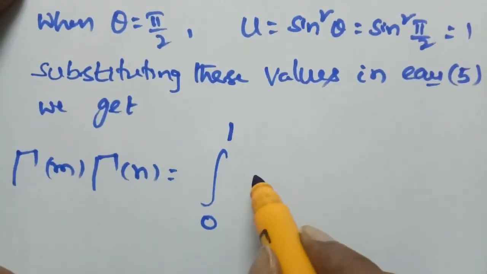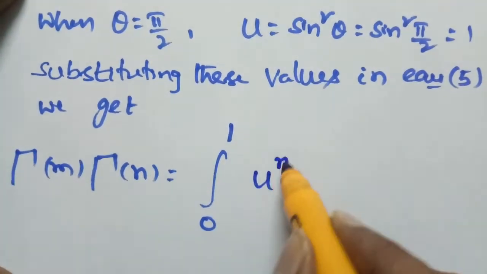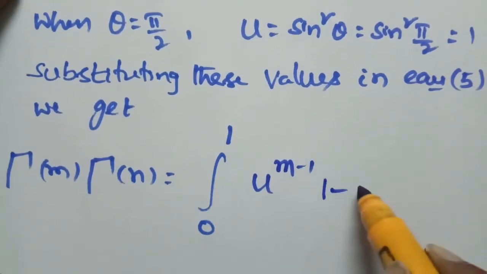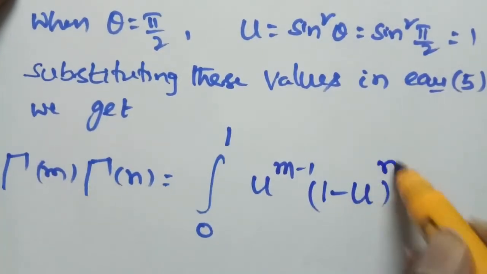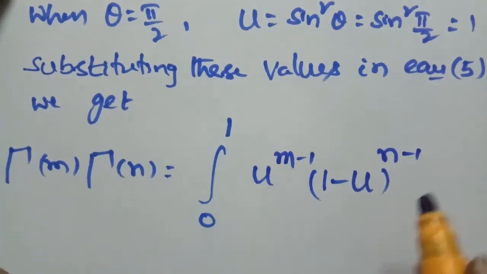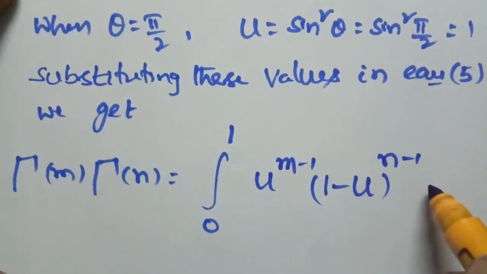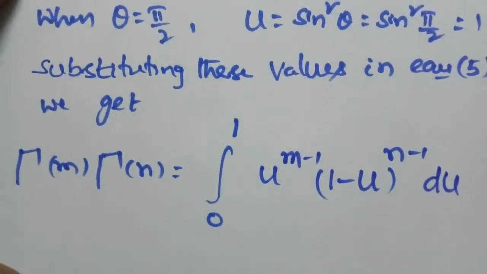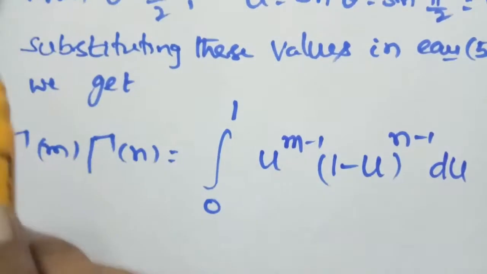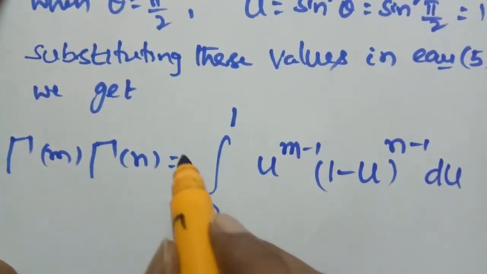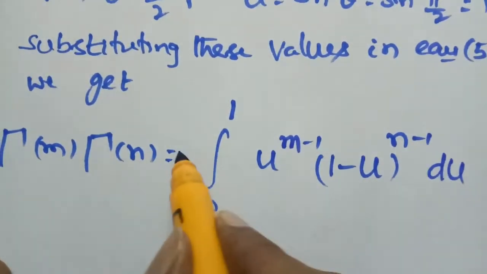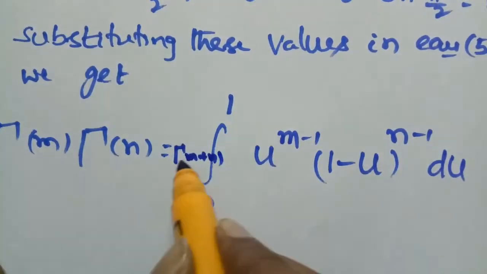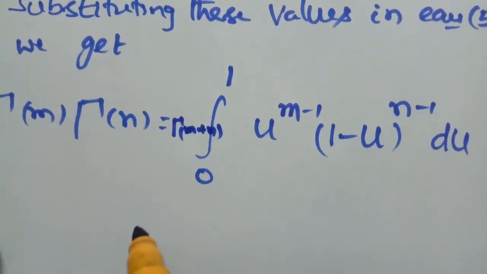U, sin square theta means u to the power of m minus 1. Cos square theta means 1 minus sin square theta, that is (1 minus u) whole to the power of n minus 1, into 2 sin theta cos theta d theta, that is du. So therefore, since gamma m plus n is there, this is equal to